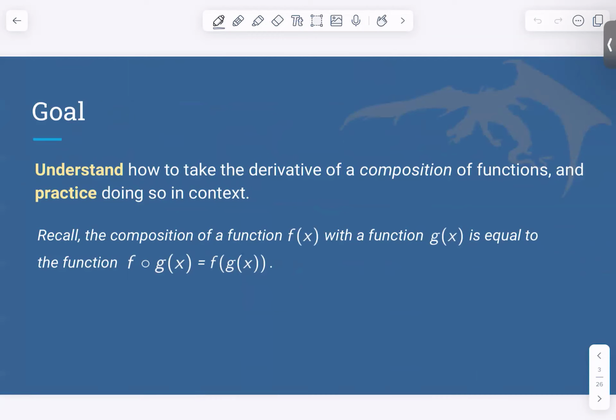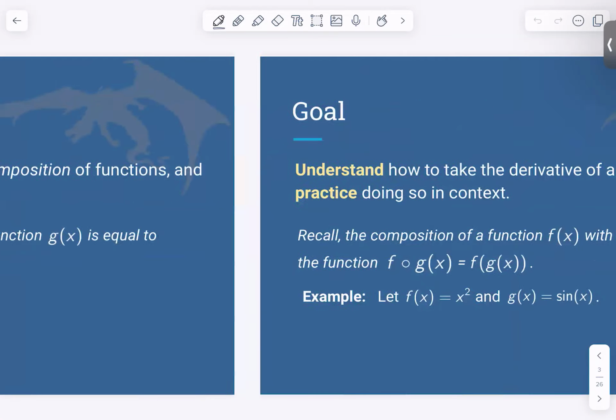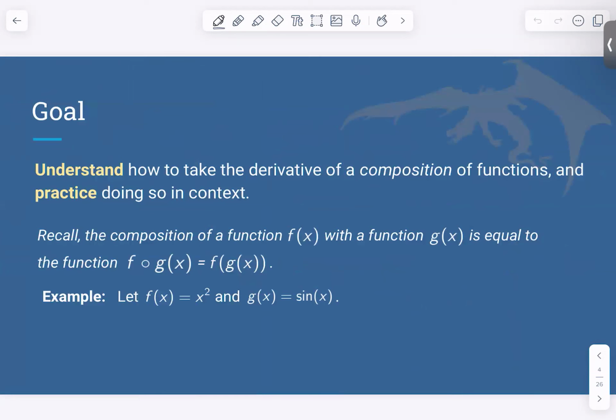So recall that the composition of function f of x with a function g of x is equal to f of g of x. Okay, so it's like you're nesting things within each other. It's actually pretty neat whenever you do that because you get a totally new and unusual function. So for example, if I did f of g of x, where f of x is equal to x squared and g of x is equal to sine of x, then you'll get this composition where it's sine squared